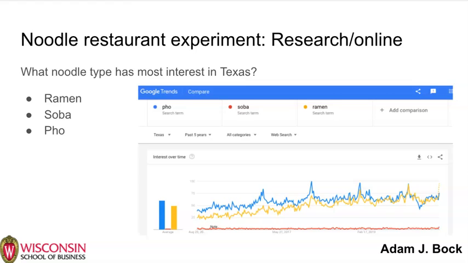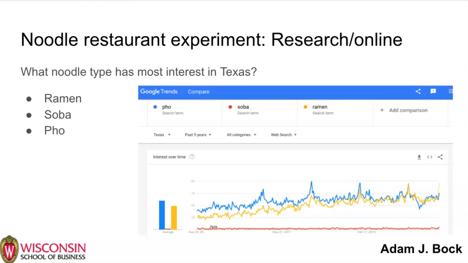And you might notice something a little bit different, which is that, broadly speaking, over time, pho has actually been searched for more often in Texas than ramen. Now, that's not to say that you might not decide still to do ramen, especially towards the end. They're much closer, and there's some indication that there perhaps now is more interest in ramen. But if we were doing this even a year ago or 2 years ago, we might have come to the conclusion that pho was a more attractive option if we were opening our restaurant in Texas.